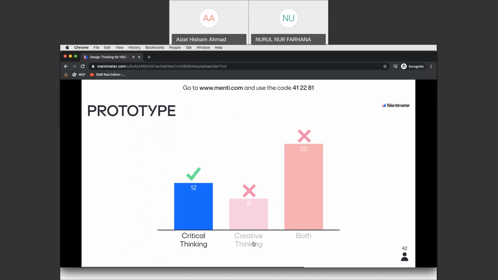Okay, prototype. We answered this in the beginning. When you talk about prototype, you are creating the answer for the problem. So when you do a prototype, this is when you are actually talking about the questions: whether this can work, if that can work, if the color is suitable, if the design is understandable, if the functions are possible for the users to use, for example. So this is where critical thinking comes into the picture from the prototype phase in design.